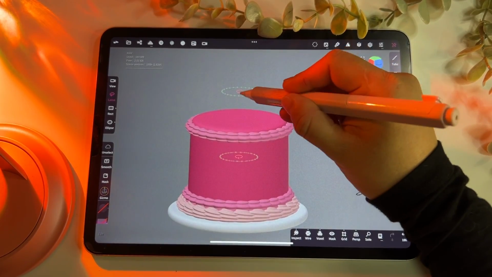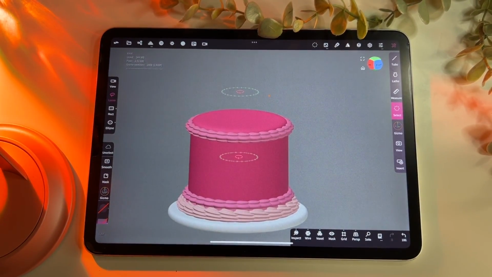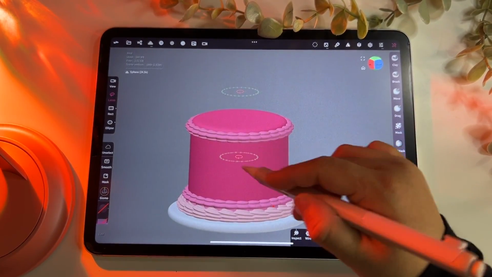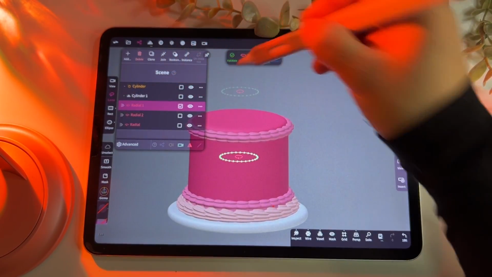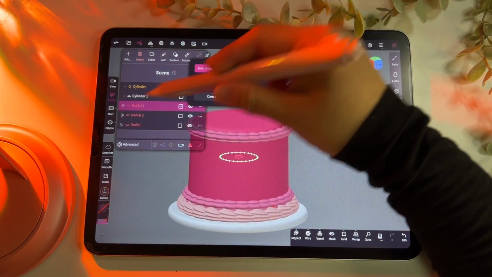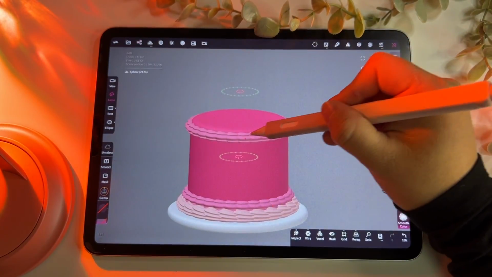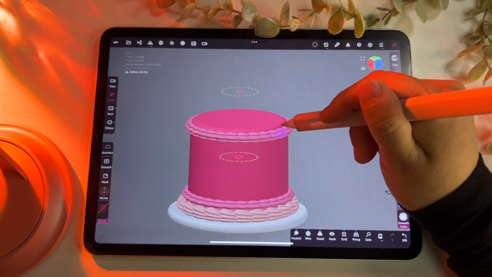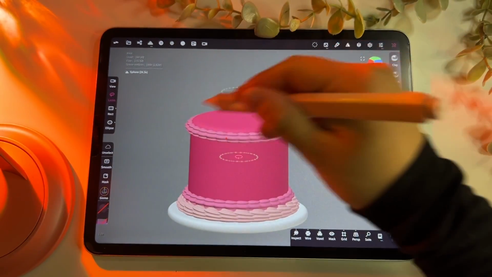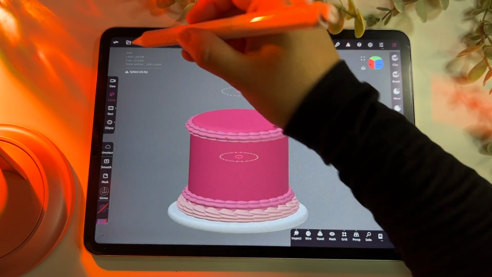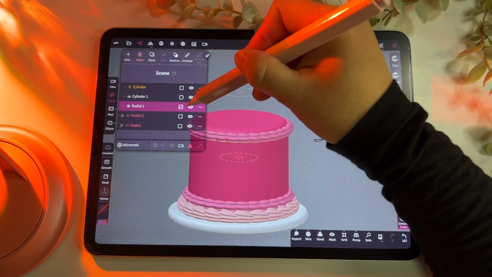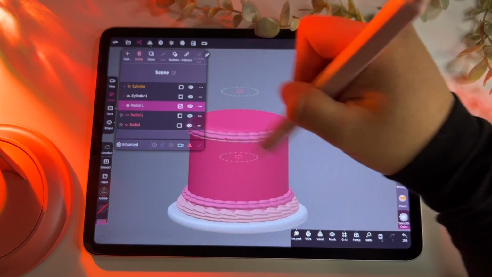Looking cute. And then it really bothers me to see these little icons, and I honestly don't know if there's a way to hide that. So typically I just have to validate my objects so that we no longer see those symbols. So I'm just gonna do that. I'm gonna hit validate, and then typically I just join the children, and that's because I don't want each of these spheres to be individual objects in my timeline, in my scene. I want this entire ring to just be considered as a single shape. So I will click on join children, and I'll confirm that,